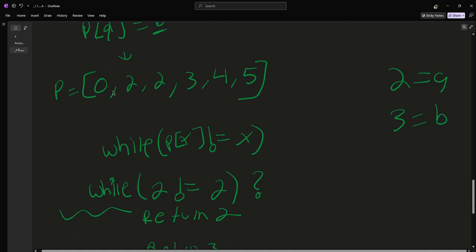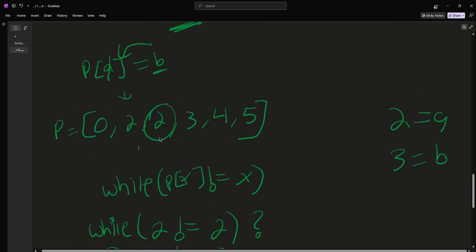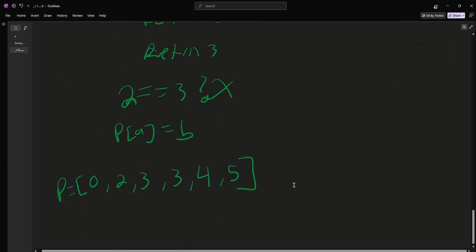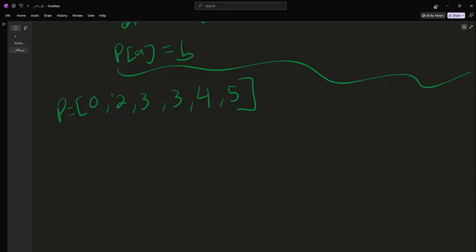So before we had 0, 2, 2, 3, 4. The only thing that should have changed is this one. So let's double check that. 0, 2, and then 3, 4, 5 afterwards. 3, 4, 5. And that is in fact the only one that changed. Okay, we're done with our second check. Now let's move on to our third one,